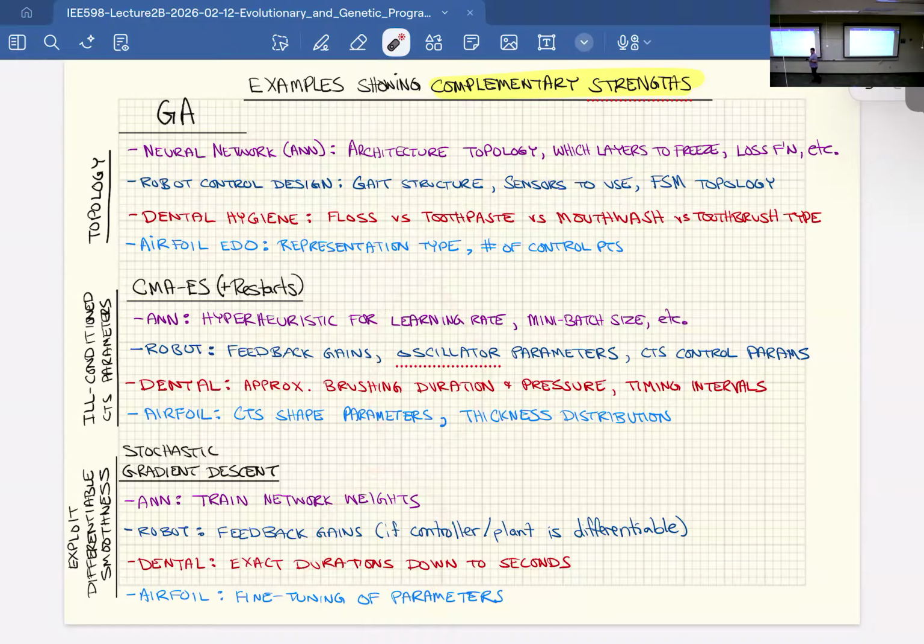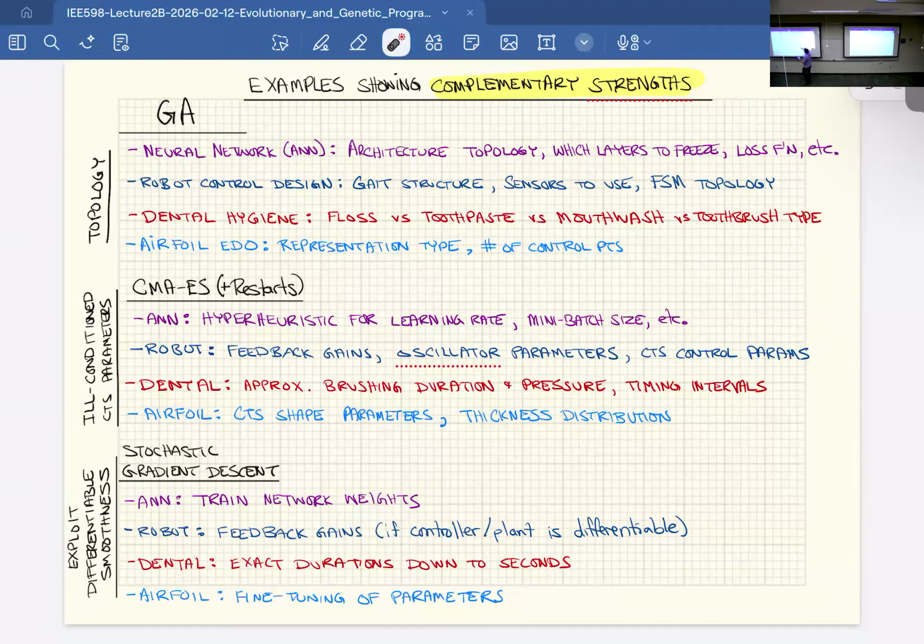Yeah. But this is more like the GAs would be on a meta level, right? And the CMA-ES would be on a meta level because it's optimizing for the hyperheuristics, let's say. So you would need to have the first stochastic descent based, like whatever rate model in place. And then on top of that, you would be optimizing using the GAs for the structure.